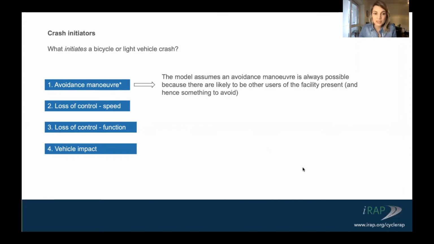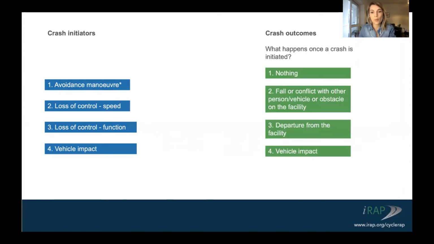So the crash outcomes. What happens once a crash is initiated? Well, first, nothing might happen. The cyclist will be able to successfully complete the trip, but it can result in a fall or conflict with something in the way. The cyclist can depart from the facility, or in some cases, depending on where the cyclists are and the conditions of the facility, they can collide or have an impact with a